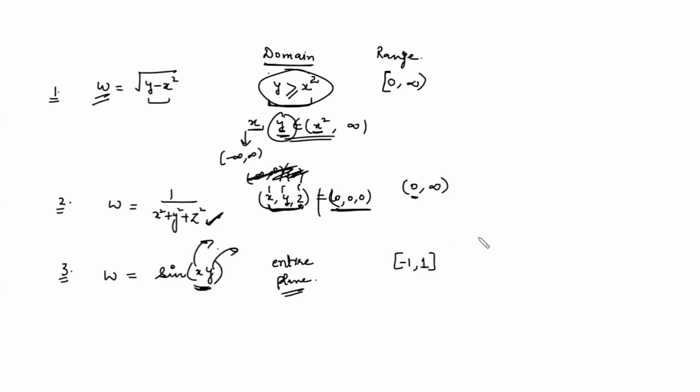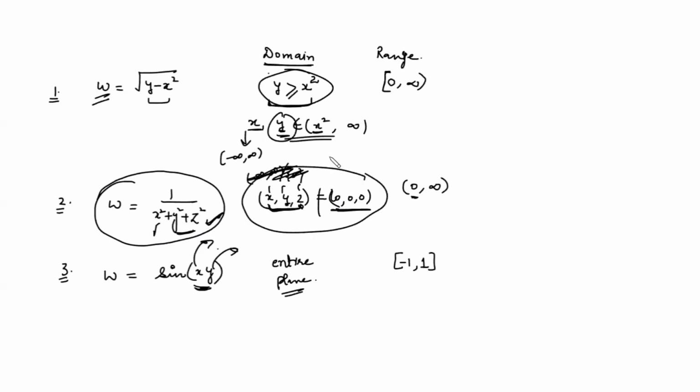Yes, can you explain the domain for the second example once again? Okay. For the second case, for what values of x, y, z is your function not defined? Only 0, when all these 3 are simultaneously 0. If one of them is 0 and the other 2 are not, it is still defined, right? So it means all three should not be simultaneously 0. So it is the set of all those x, y, z belonging to R except 0, 0, 0, where all three are simultaneously 0. So that will become your domain set. Okay, ma'am. Understood.